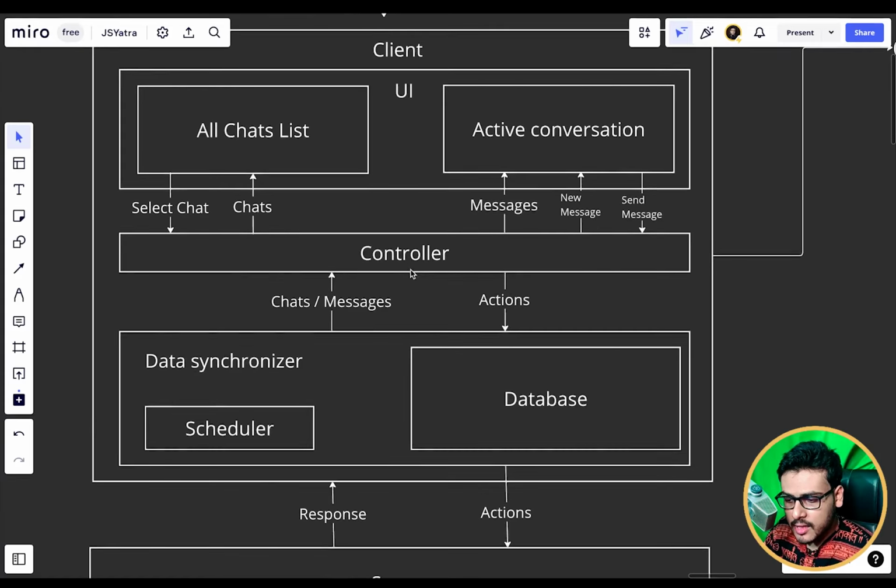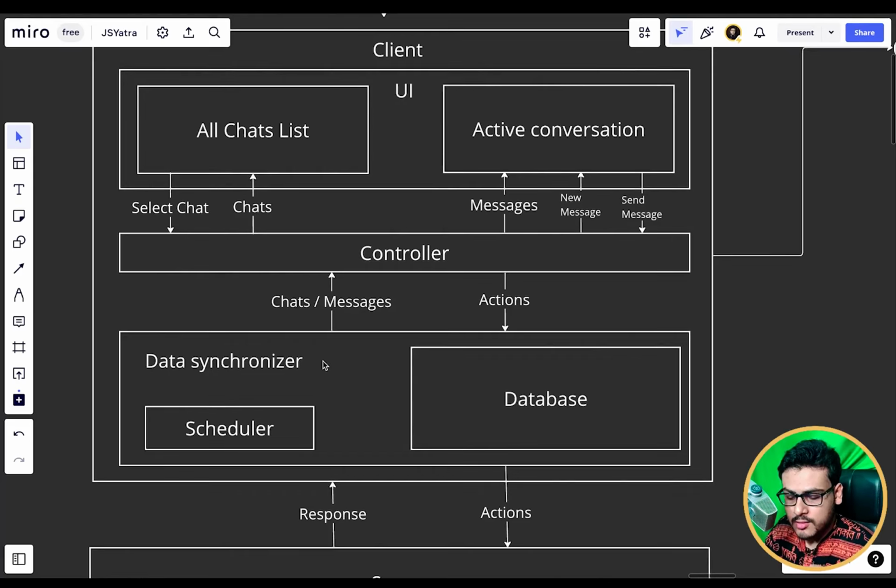Then, moving on from the controller, we have a data synchronizer. This is a completely new thing that we are touching right now, and I'll explain it in depth. But think of the data synchronizer as a part that deals with databases and is responsible for the offline behavior as well.